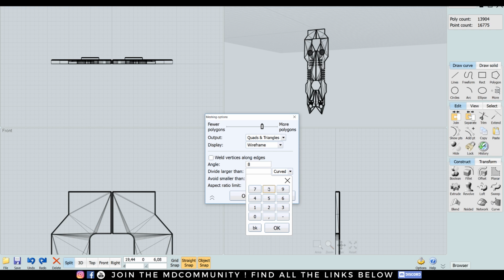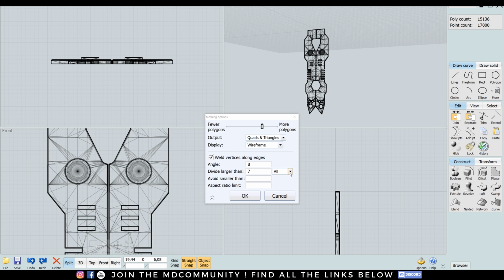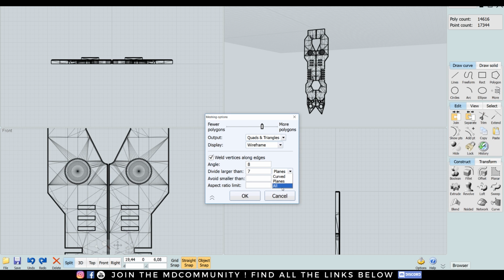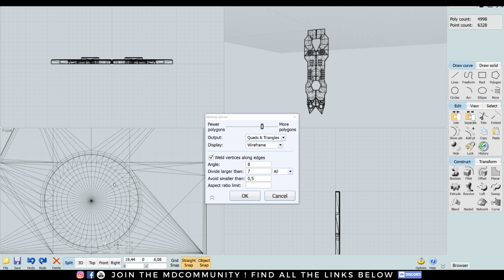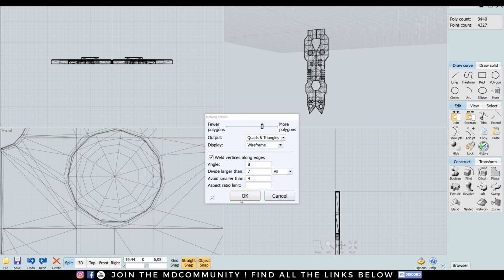So I can divide, for example, larger than 7, and I can select curved, plane, or all. As you see, I have now a few quads happening on the plane. That's nice. And I can also avoid smaller than some parts, which makes something more clean.